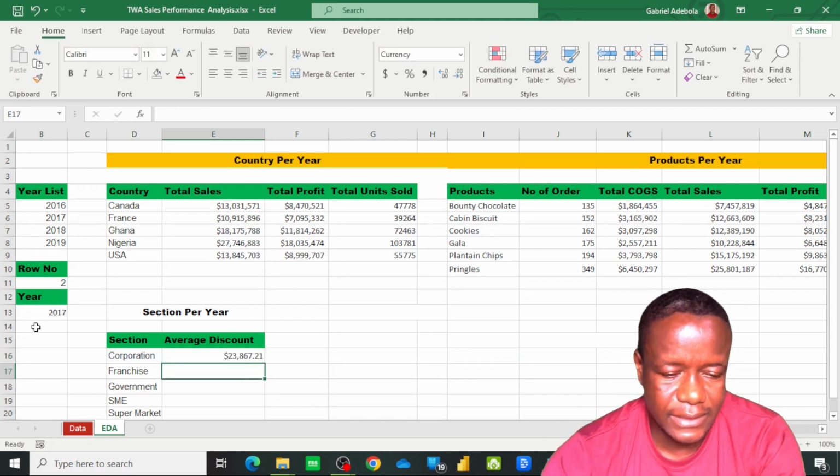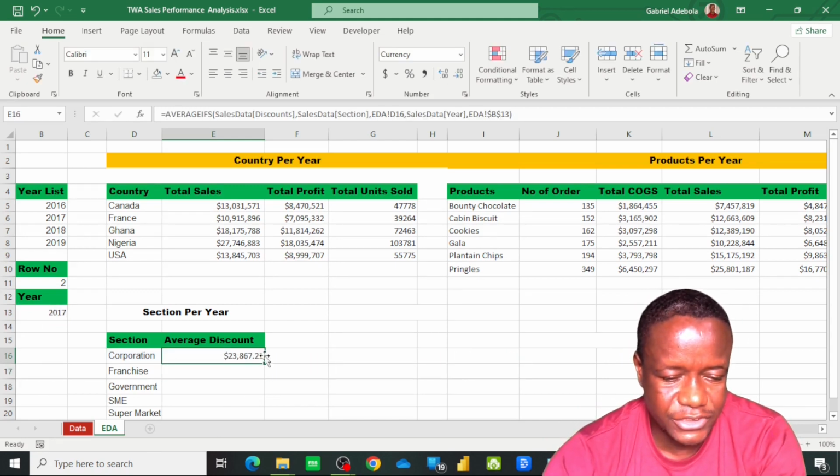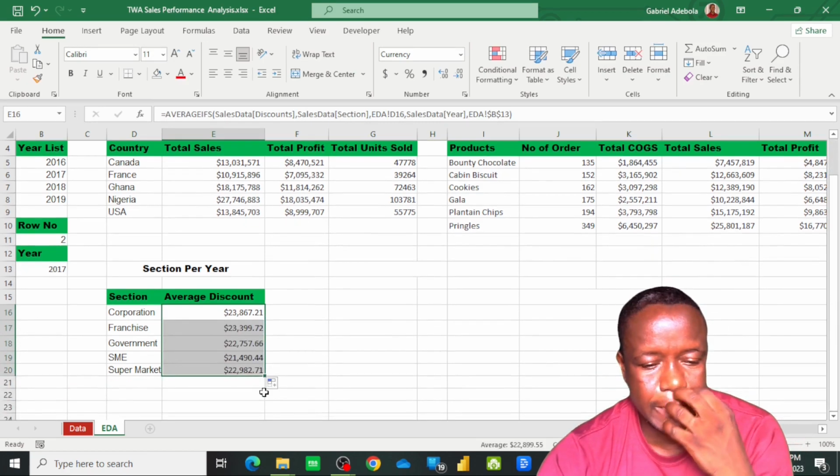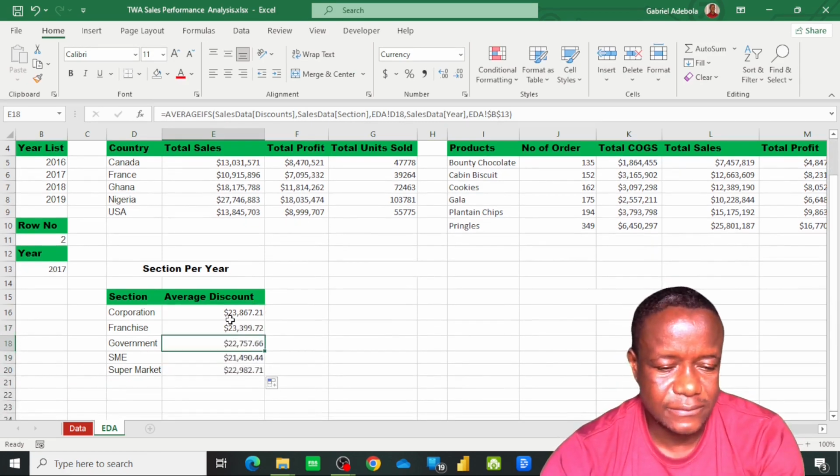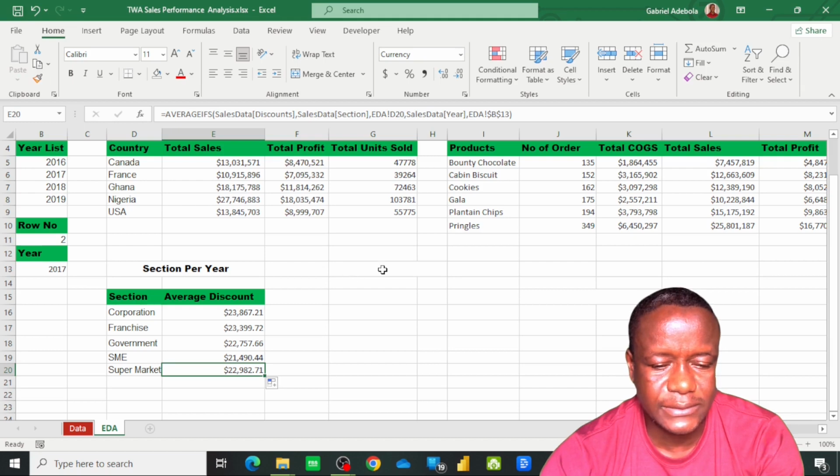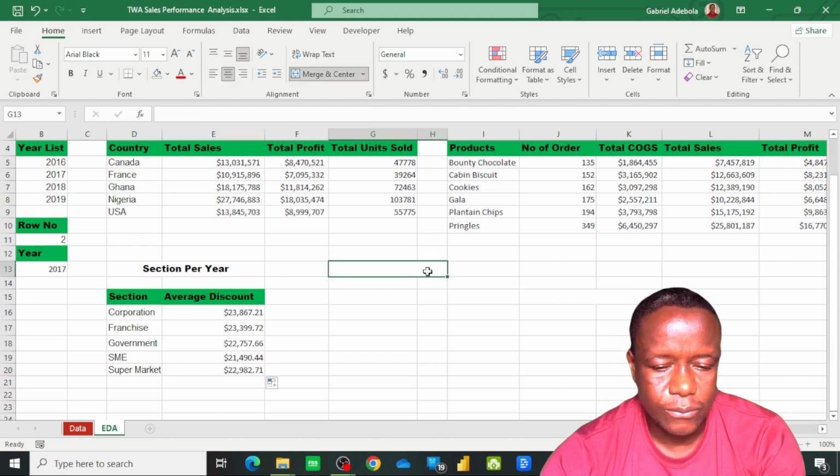So click enter. That has given us the average discount. So we roll it down, we fill it down by double clicking at that point. So that's for this. I think we are okay with the average discount. So what I want to do next is what I call